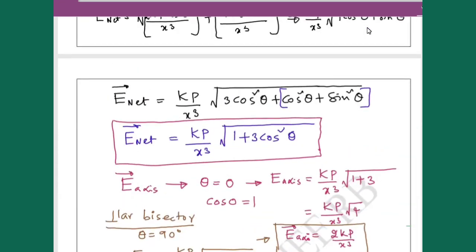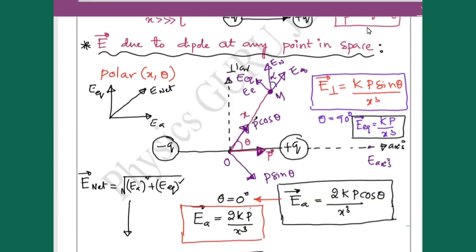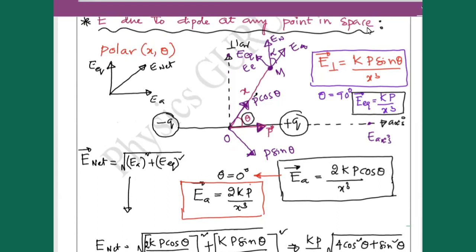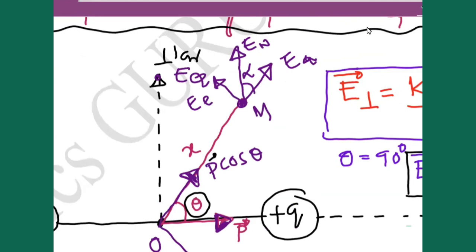Next question in this one: how to calculate the relation between theta and alpha. Here are you able to see theta? Yes, sir. And here alpha. So how to calculate the relation between theta and alpha? If I take alpha here, you can see E equatorial and this net value. If I take this triangle outside, are you able to see one triangle? I'm drawing one triangle. This triangle, I'll take it outside and proceed from there.